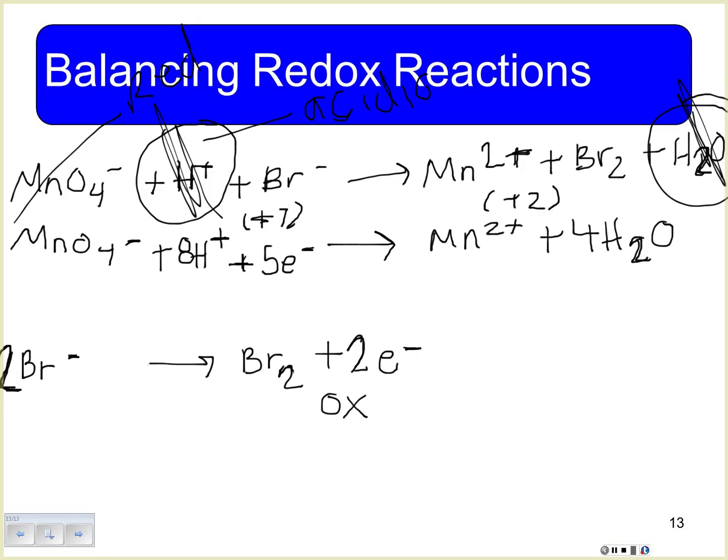Okay, the next step, I forget what step it is, 5 maybe, I think on your sheet. Okay, the next step is that we have to have our electrons cancel. Okay, so we should not have electrons in the final answer, our final equation. Okay, so we've got 5 and 2. Okay, so what are we going to do? Okay, so we're going to multiply this all by 2 and this by 5. Okay. So I'm going to do this first one real quick. So we get